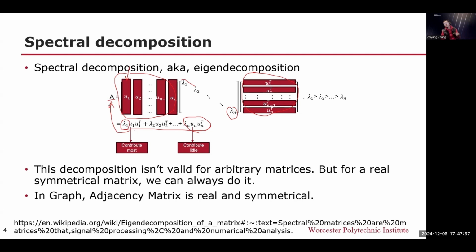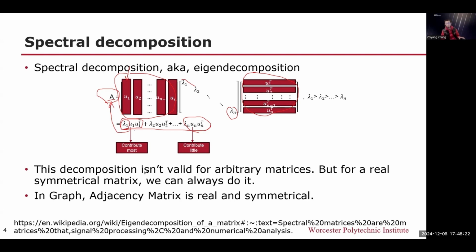So if we want to destroy the construct of matrix A, we would like to focus more on the first term. This decomposition is not valid for arbitrary matrices, but for a real and symmetrical matrix, we can always do